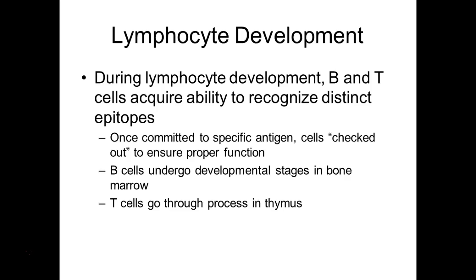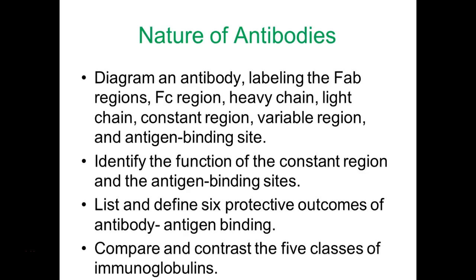Right. Once they've made their receptors, they're checked in that process that we saw. For B cells, it's in the bone marrow. For T cells, it's a little bit more involved and happens in the thymus. So now we're going to switch back to antibodies